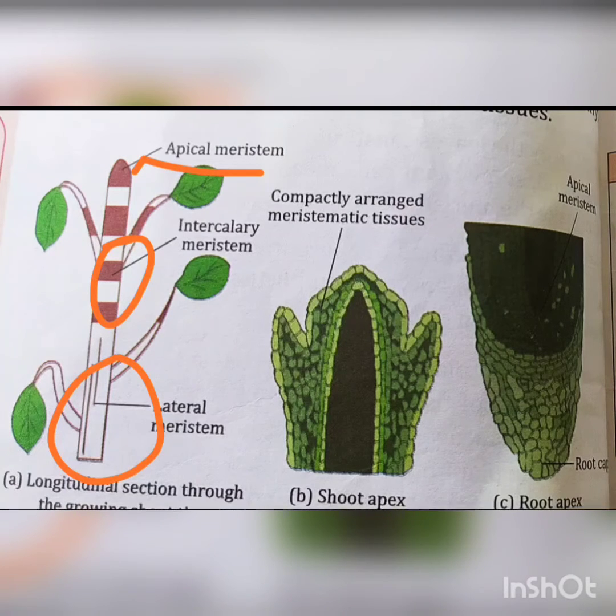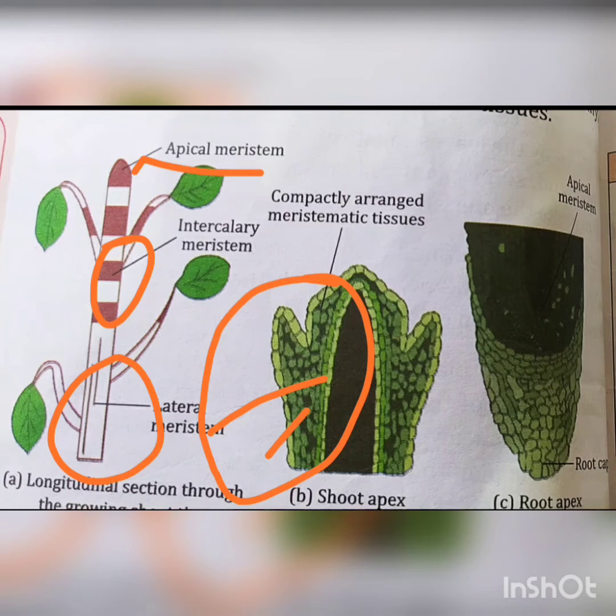Cells of meristematic tissue are small in size. They are spherical, longitudinal or oval in shape. Each cell has a very thin cell wall. They are compactly arranged without any intercellular spaces. You can see there are no intercellular spaces. Each cell contains a large and conspicuous nucleus surrounded by abundant cytoplasm. Generally, the vacuoles are absent in the meristematic tissues.